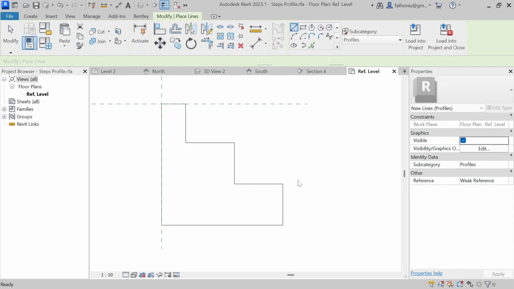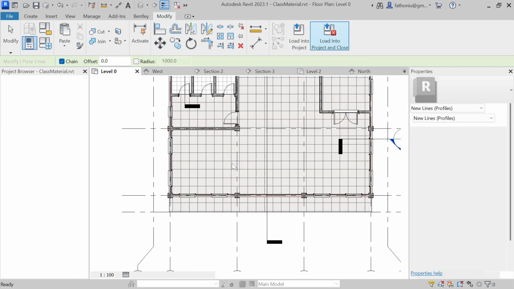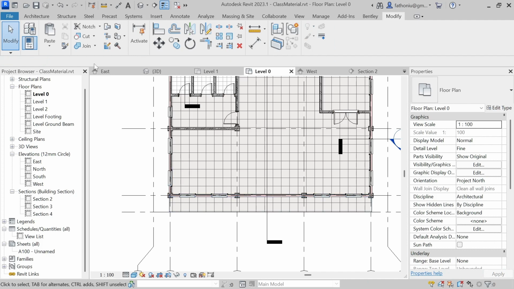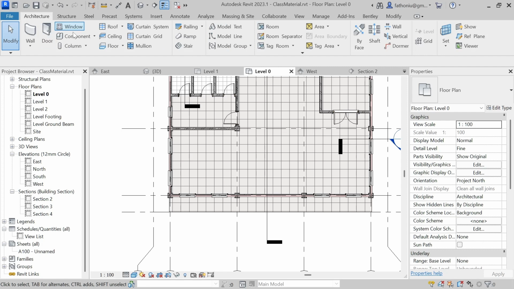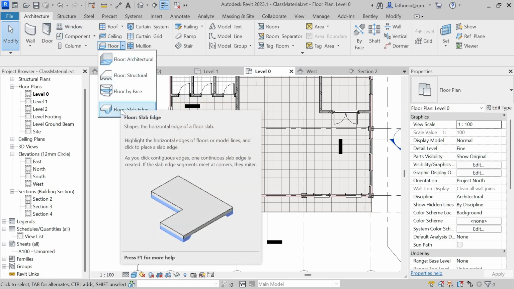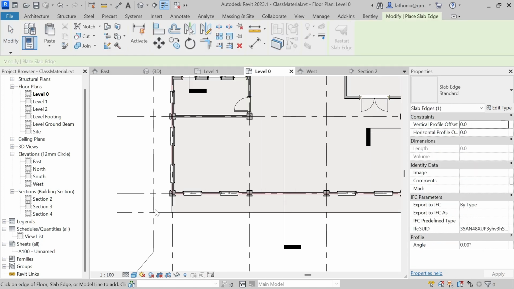Then after that, next step is to press load into project and close. So we close the family. Then after that, in the level 0 here, go to architecture, floor, and then floor slab edge, and then we select